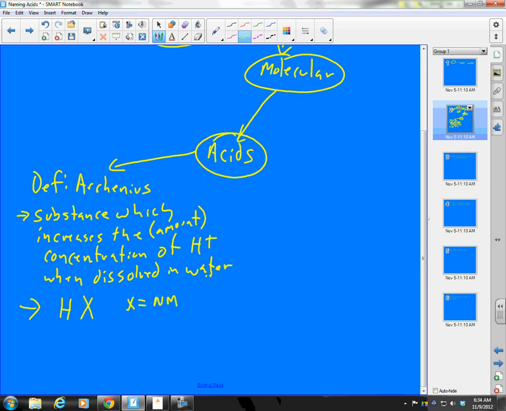And usually, most of the time, X is a halogen. Not always, but usually. We might have one or two H depending on the charge of our nonmetal, but most of them have just one H, and there are things like HCl,